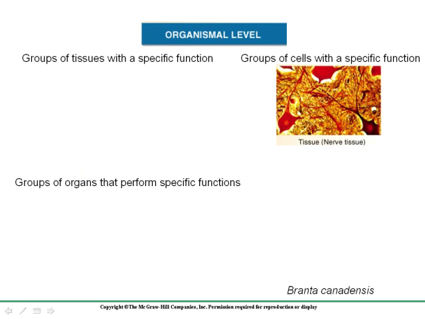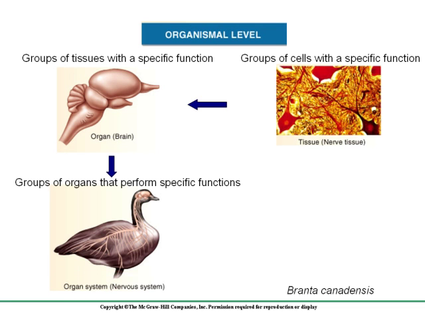When several cells are grouped together and those cells are performing a specific function, those cells are going to be grouped and called a tissue. And likewise, several tissues are going to come together and perform a specific function, and they'll be referred to as organs. And likewise, several organs can be grouped together, and they can be considered an organ system because they actually have a common goal with regard to their function. When you group several different organ systems together, you ultimately form what is called an organism. Here as an example, we have this Canadian goose, Branta canadensis.